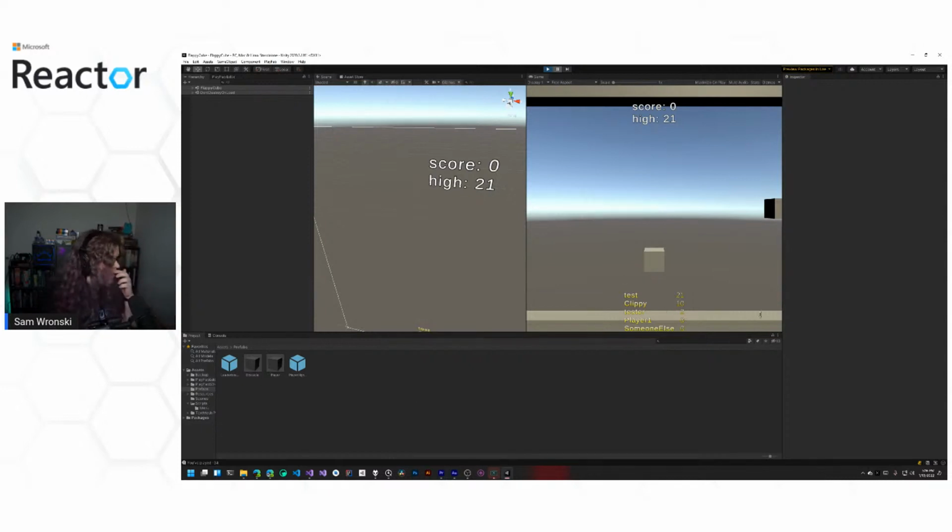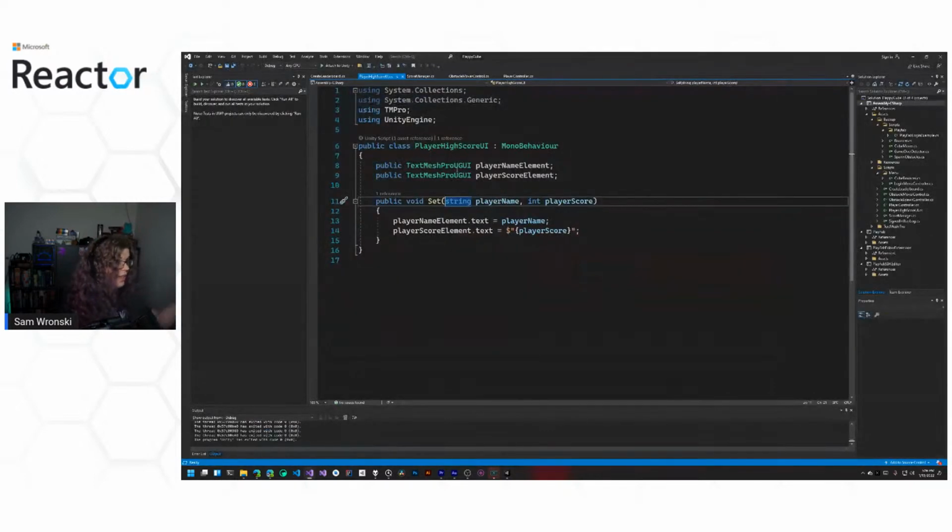In this case, the test and 21 are going to be associated with this. So the player name element and the player score element are the 2 text elements on either side. They're left and right aligned, so you get one on either side, and that makes it just kind of look nice. And then it's basically just assigning the text in a Text Mesh Pro object.